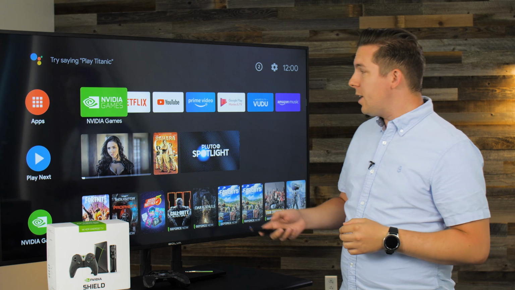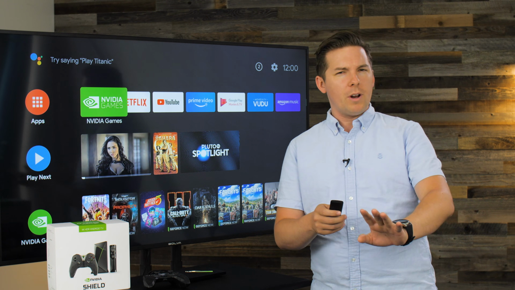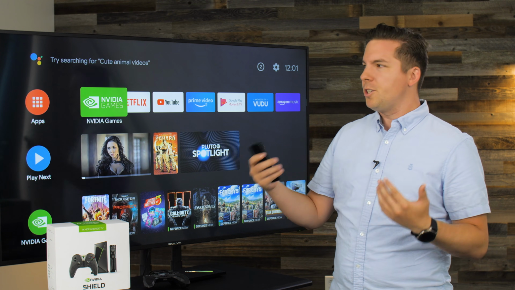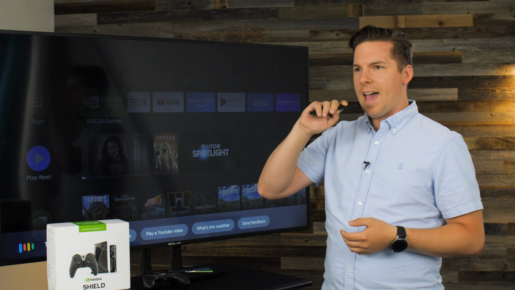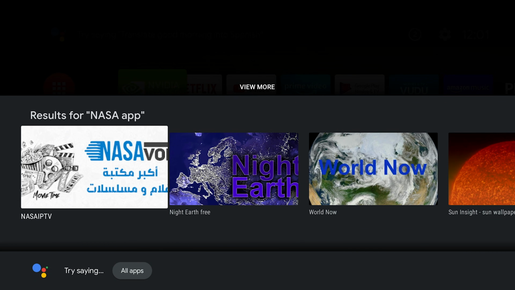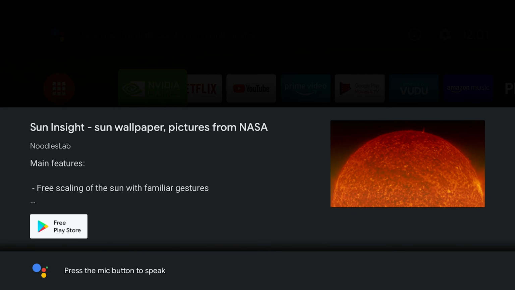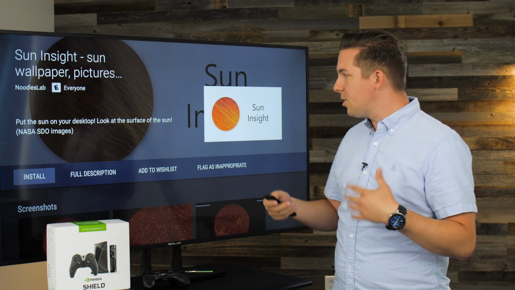So as we do this, the first thing to know is how to download an app on Android TV. If you already know how to do this, just skip ahead a couple minutes. But right now, let's pick an app, say, I don't know, NASA app. You search for that and oh, they don't have it here, but NASA has an IPTV app. You have all these different apps. Okay, let's do some wallpaper. When you find these apps, you can find it in the Play Store here, download it, and it's ready to go. I'm not gonna download this one right now.